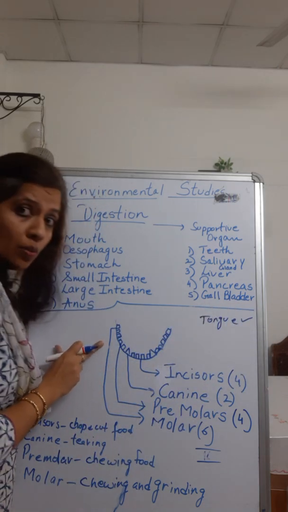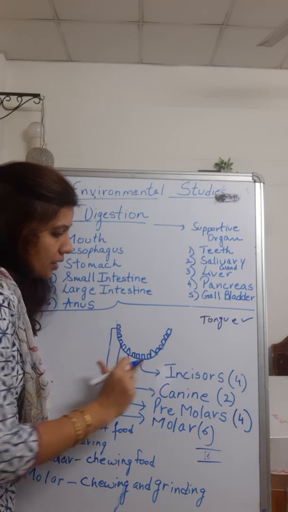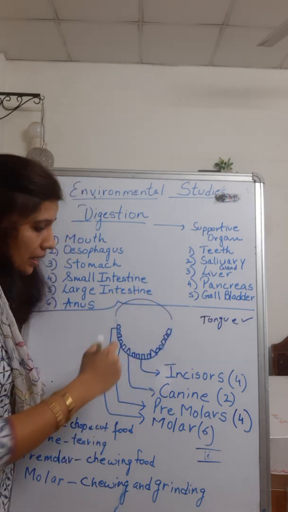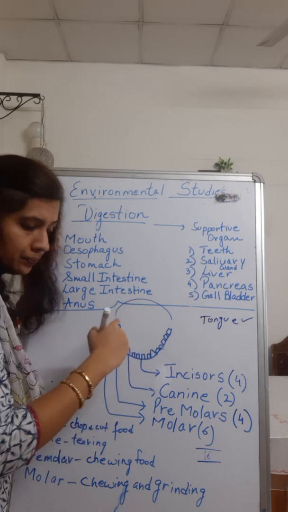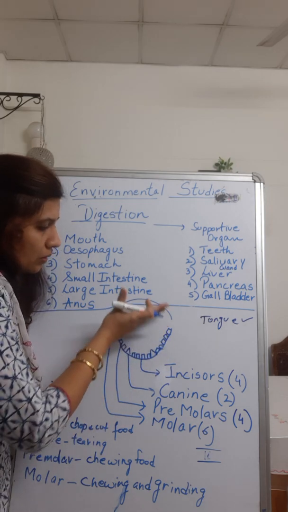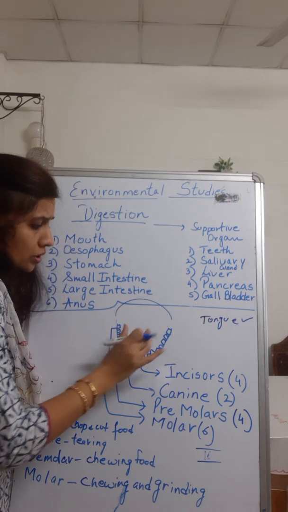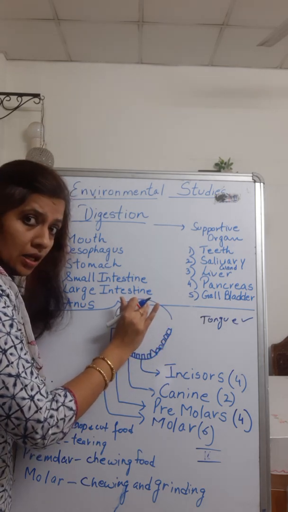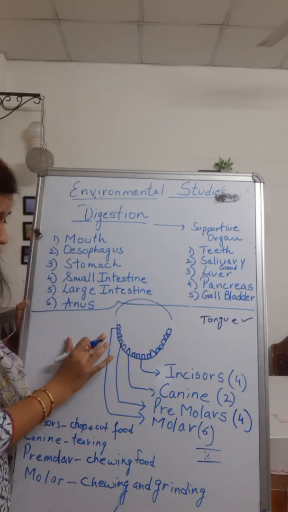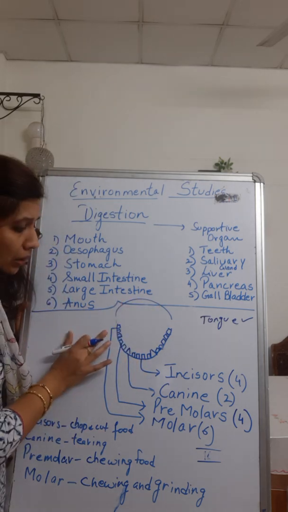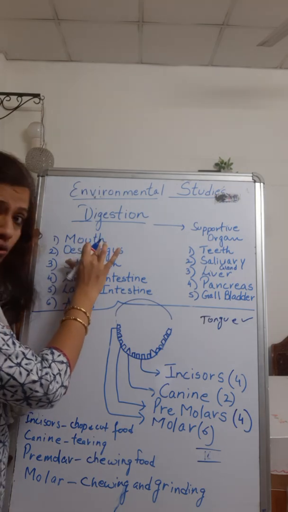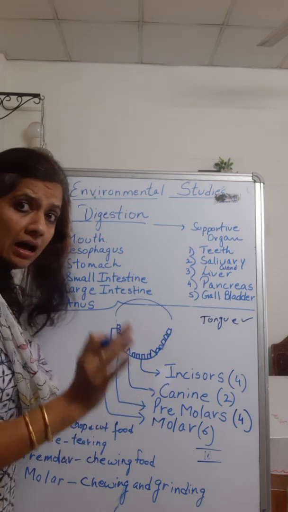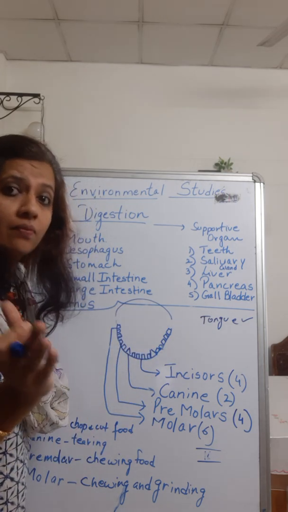When I talk about our mouth, this is our lower mouth. Our mouth is something like this, isn't it? This is the total thing. This is the lower part of the mouth. This is the upper part of the mouth. Whatever is here, the same mirror image is here also. So this is a mouth. As I've told you, the mouth consists of teeth, and there are different kinds of teeth.